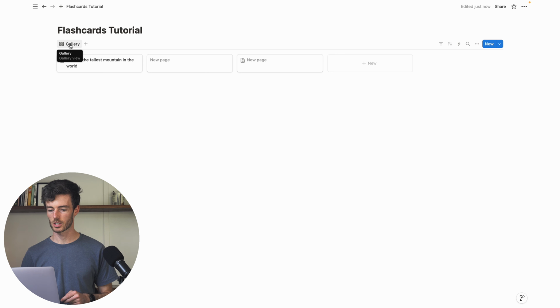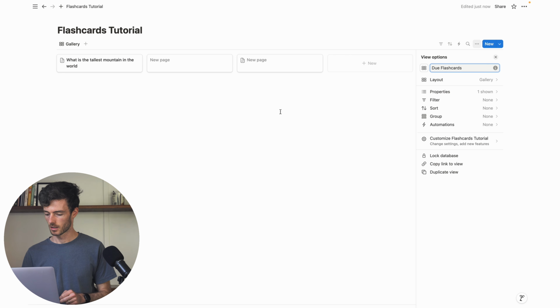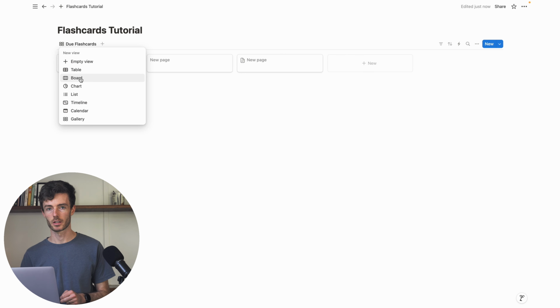What I'm going to do now is actually set up the other views because you remember I had a due flashcards tab and a new flashcards tab. So we're going to do that now. So select your gallery tab and we're just going to rename it just to make it a little bit more simple. So we've come over to the right hand side here, due flashcards. And press enter on your keyboard. And now let's add our second view. And we're going to make this one a board. And this is because having those multiple categories, it's a little bit easier to keep them segregated as boards